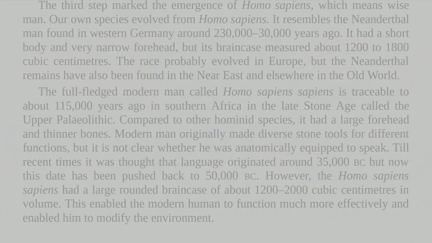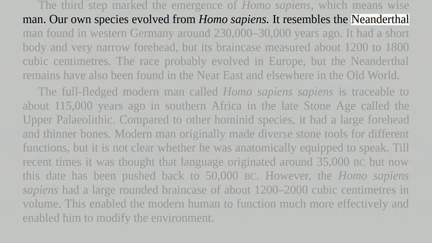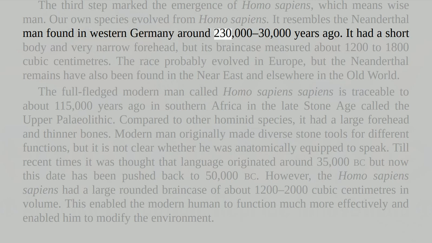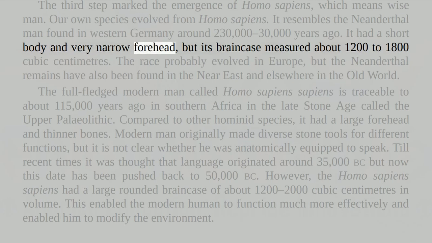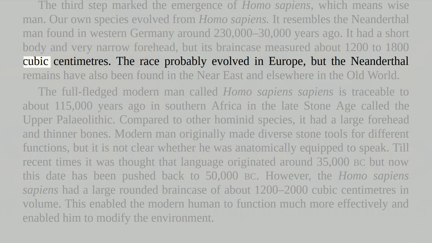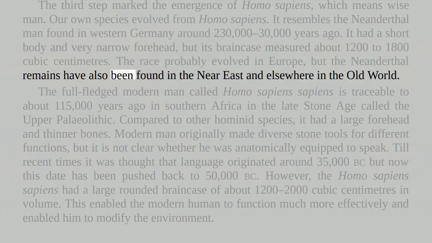The third step marked the emergence of Homo sapiens, which means wise man. Our own species evolved from Homo sapiens. It resembles the Neanderthal man found in western Germany around 230,000 years ago. It had a short body and very narrow forehead, but its brain case measured about 1,200 to 1,800 cubic centimeters. The race probably evolved in Europe, but the Neanderthal remains have also been found in the Near East and elsewhere